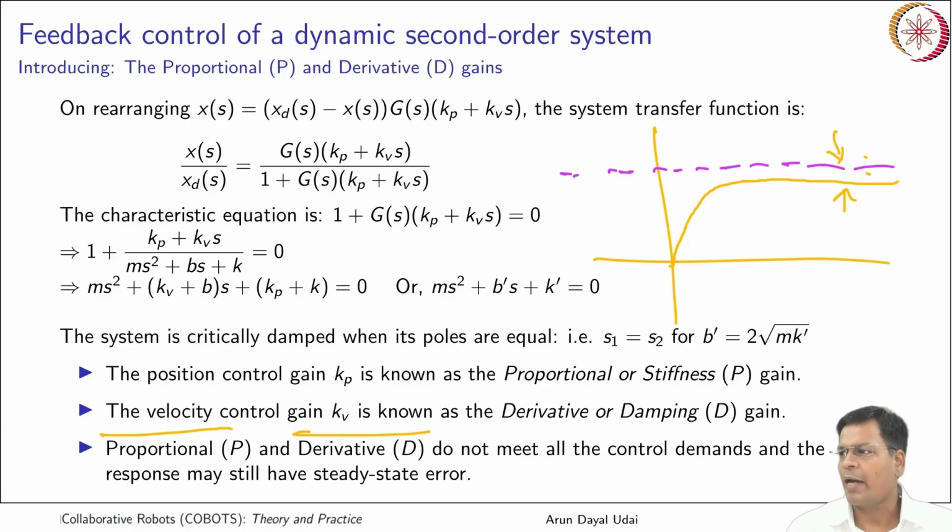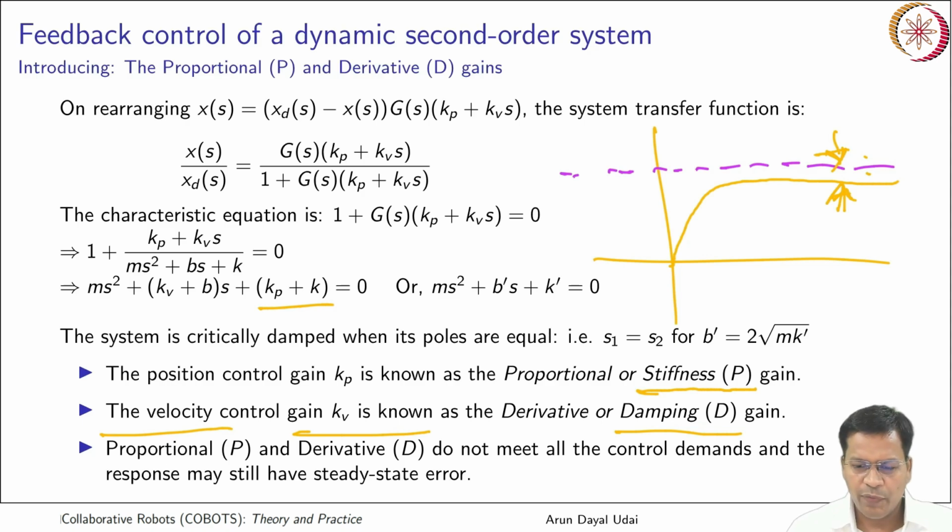So why is this happening actually? Basically, if you increase the proportional gain, that is the stiffness gain, it makes your system very much like a spring. You have made your system spring dominated. You have increased the Kp value, so it will behave more like a spring, and it should become oscillatory in nature. What happens when you put in damping? It will reduce the oscillation. It can make things very much critical, but it will also lower this line. So that increases this gap. So finally you end up in this.